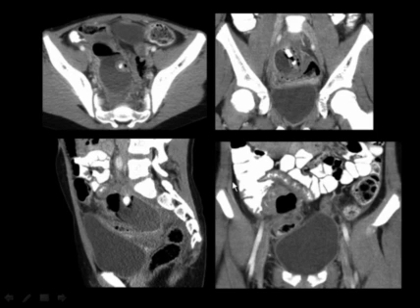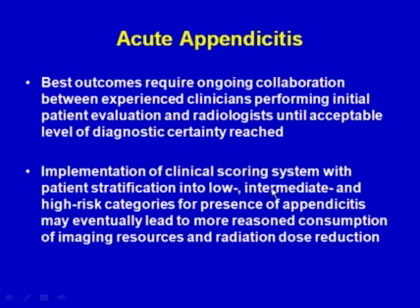But with CT, we can very readily see that there is a very large pelvic abscess. And here is an abnormal appendix immediately adjacent to the abscess. So this is a perforated appendicitis. Here we see some stones in that appendix. There's some air, so it's a localized perforation with abscess. And here we see an indentation on the bladder and displacement of adjacent bowel loops.